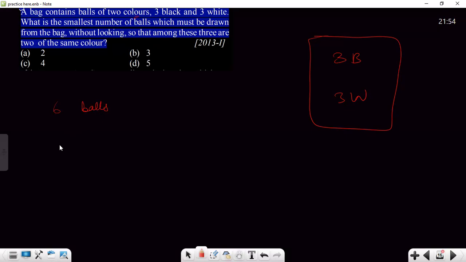Okay. If we withdraw 2 balls, any 2 balls, as per option A, there will be 4 balls left. If we withdraw 2 black, so what will be the situation? 1 black and 3 white, or two black and two white. But still, we have to have two balls of the same color. Okay, so